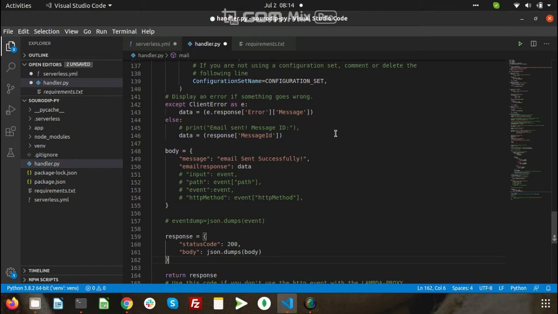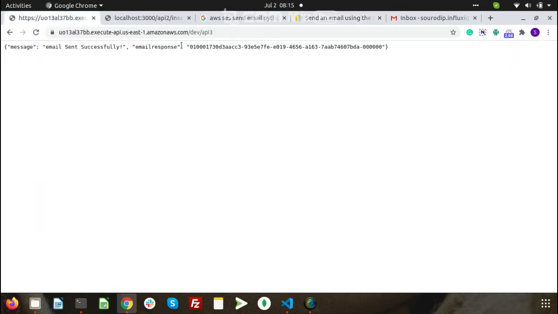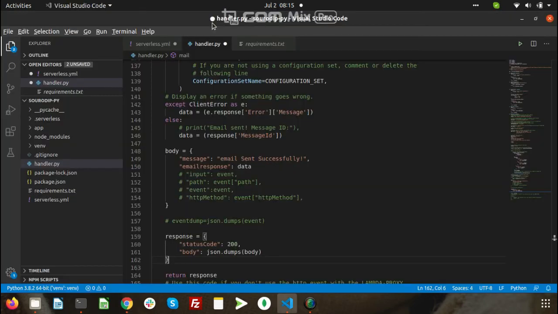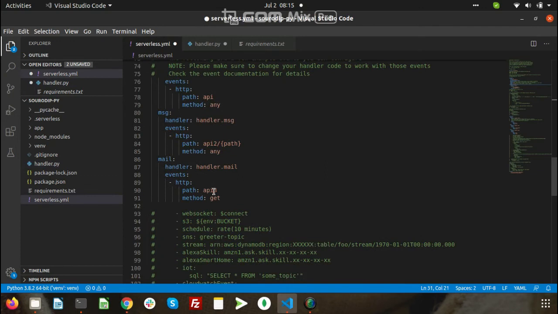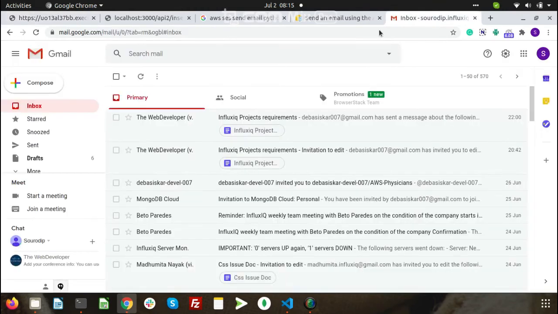Okay, it needs to be deployed in order to work, so you can always sls deploy this project and then run it, and it is under the dev stage Lambda, so the URL will be given as such, and since we have used the API path for the mail function, we can just hit it on our browser, and we can see the page is refreshed and the email has been sent successfully. The email response is giving the ID,